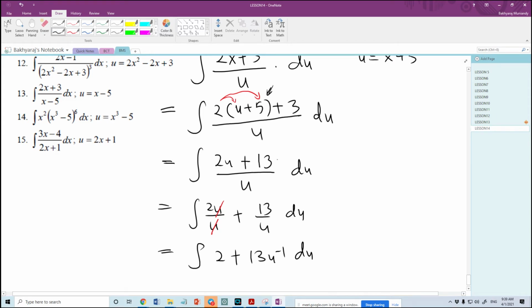Why cannot? Because we only can bring it front if it's a times and divide. Macam tadi, macam sini 2x. 2x ialah darab, so kita boleh bawa depan. Kalau 2 tambah x, kita tak boleh bawa depan. So it's only for times and divide. Let's say ni times boleh lah. Divide is